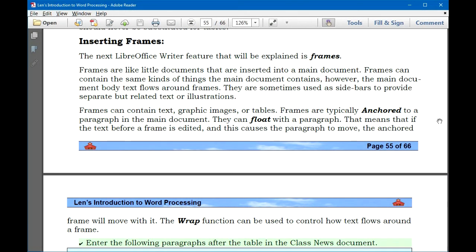The next topic to be covered in Lesson 5 is frames. You can think of frames as little documents that are inserted in the body of a main document. Frames can contain the same kind of things the main document can contain, for example, text or graphic images. Frames can have their own borders, their own margins, and frames can be anchored to paragraphs in the main document,